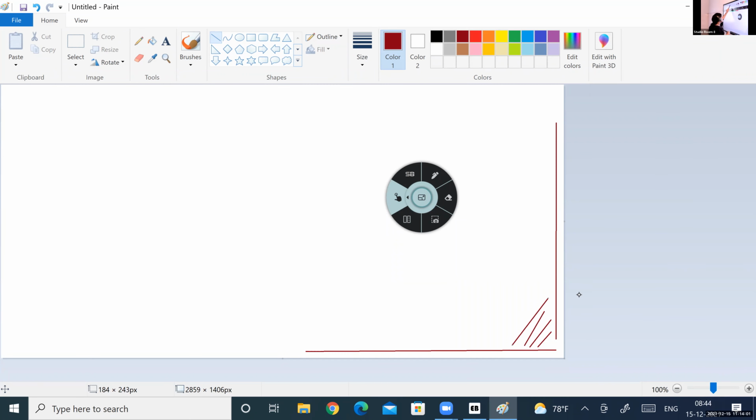Okay. Now, the second one is the tricky one. We saw in the previous class. What was the name of the second one? The one that I selected now? Anyone? Very good. It's called a curve. So, listen. What you have to do with the curve is that just as we drew with the line, we have to draw a line with the curve tool also. Okay, first of all, draw a line with the curve tool. Then, just pull it whichever way you want it to be curved.